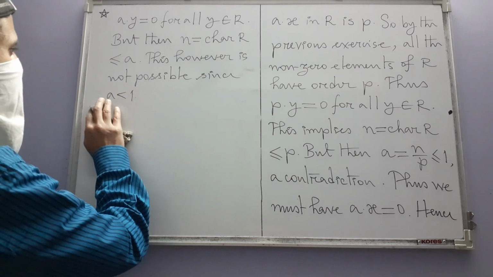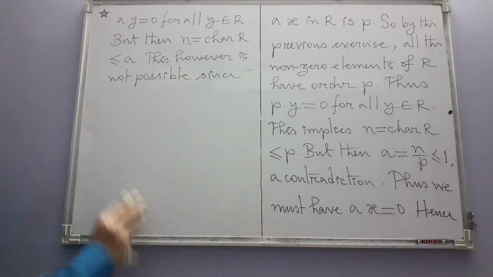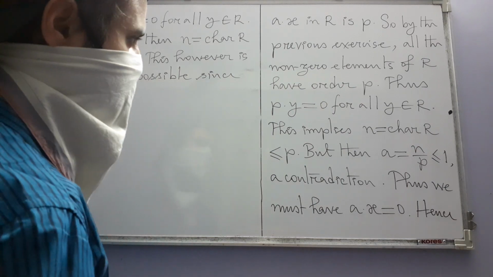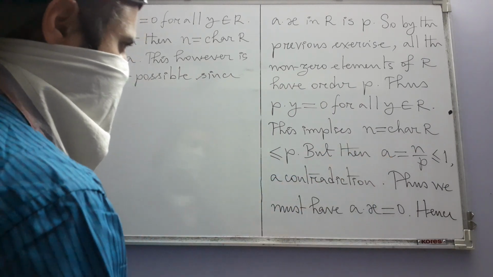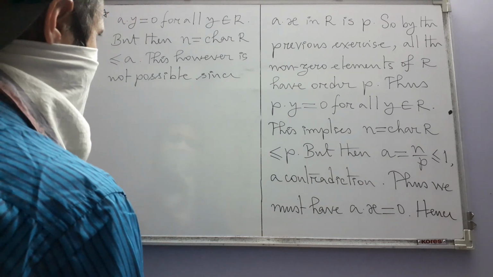No, that's not the reason. A is not less than 1. This is where we are getting A less than or equal to 1, but originally A is greater than 1,